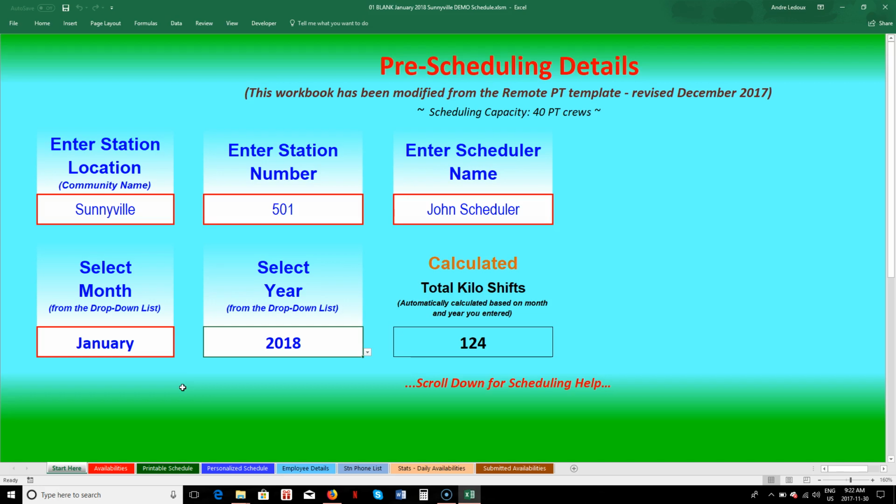This particular template we're going to be talking about today, and for which I'm going to be doing a quick tour in this video, is designed for stations which have 1 Kilo day car and 1 Kilo night car. So taking a quick look at the Excel template itself, on the bottom you can see there are several tabs across the bottom. This particular tab we're on right now is the Start Here tab, and let's speak quickly about